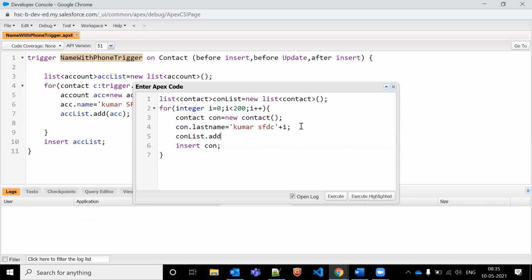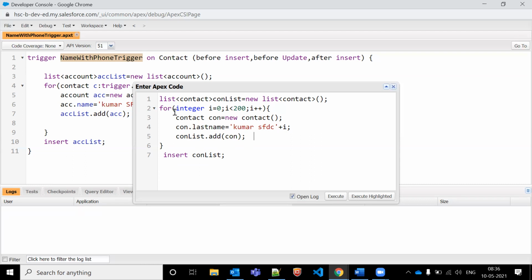We'll add this thing inside the for loop, and let me remove this insert. Because every time it is coming 1, 2, 3, 4, 5, every time DML is performing, right? Every time it is counting that my governor limit is hitting. So now if I do it like this, what will happen? One record will come, it will be added to this list. Second record will come, it will be added to this one. Every time DML will not be performed.